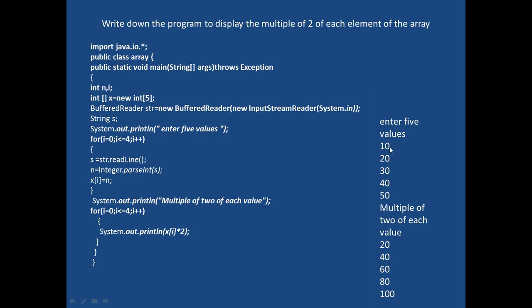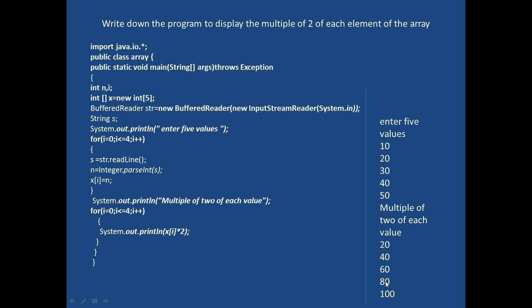Likewise, here is the output. If we have entered values 10, 20, 30, 40 and 50, so when the values will be displayed, every value will be the multiple of 2. 20 is a multiple of 2 of 10, 40 is the multiple of 2 of 20. Similarly, 60 is produced after multiplying 30 with 2.